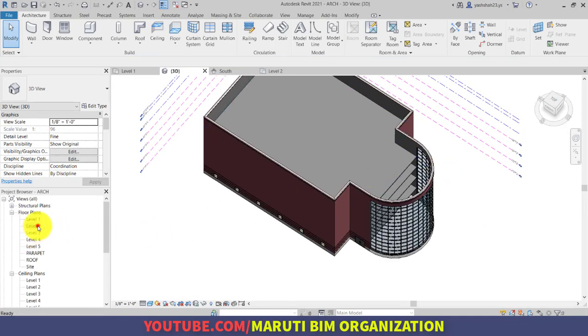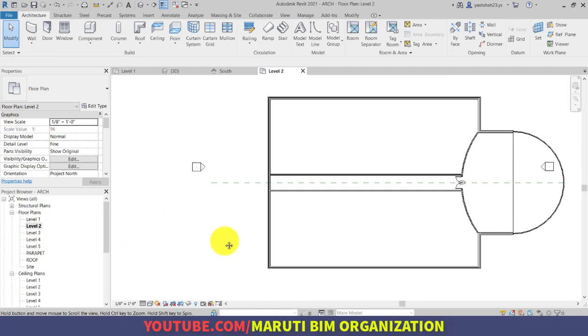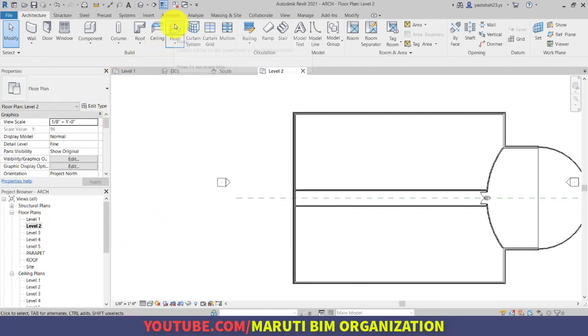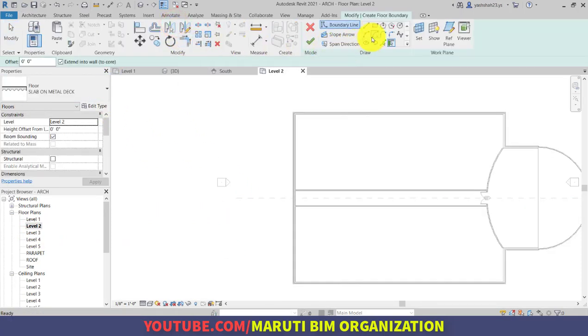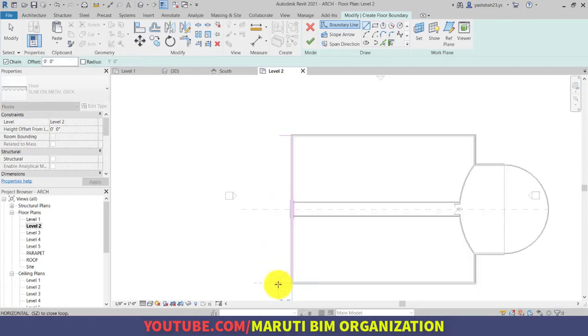Obviously if you want to create a balcony, you can also create the balcony. It's the same concept: Floor command, and you can use Pick Walls. Let's say this is your pick wall, and from here let's say I want to go about 7 feet, and from here also 7 feet.